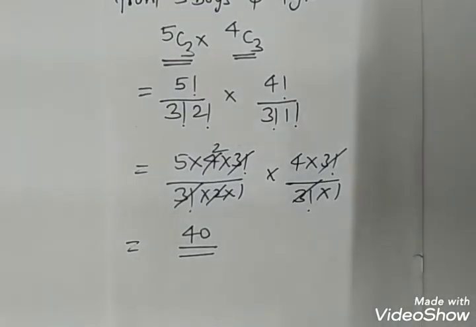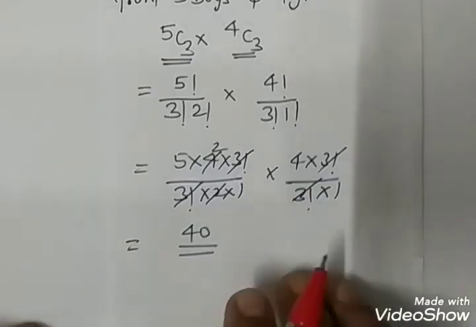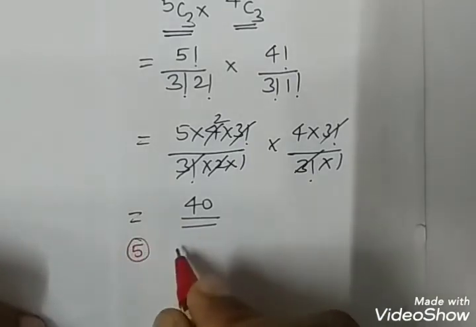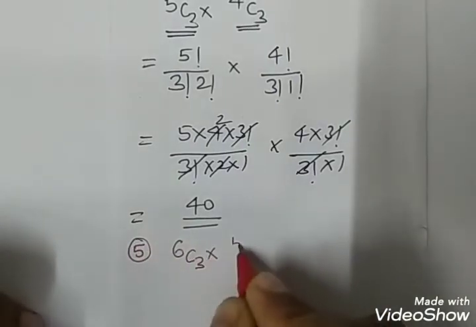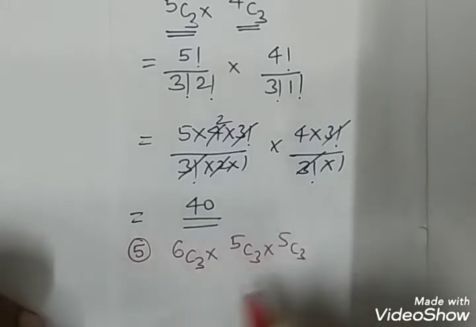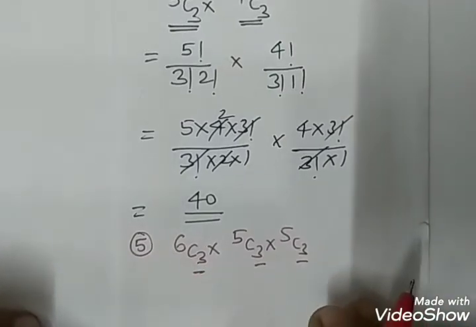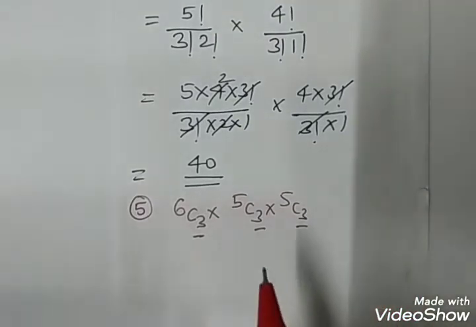Okay. Easy. Question number 5 is again the same as question number 4. What you have to do is select 9 balls out of 6 red, 5 white and 5 blue balls. I'm just telling you the answer, now that you know the concept very well. In the 5th question, what you need to do is 6C3 into 5C3 into 5C3. Why? So you have to pick any 9 balls, 3 of red, 3 of white, 3 of blue color. So you can pick by this method. You can easily solve the combination and find out the answer.